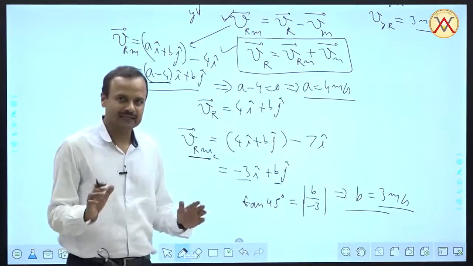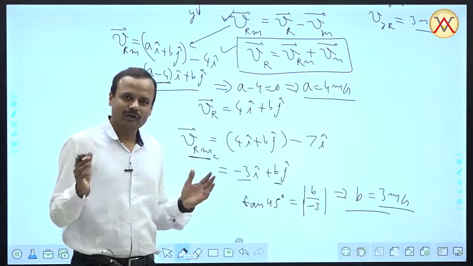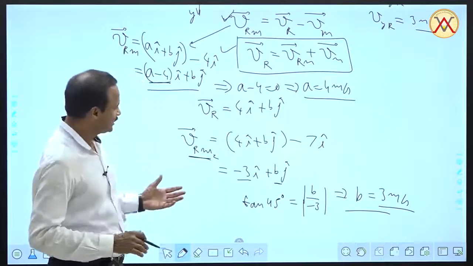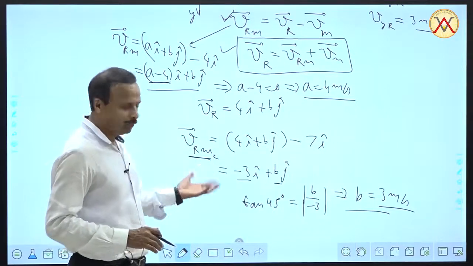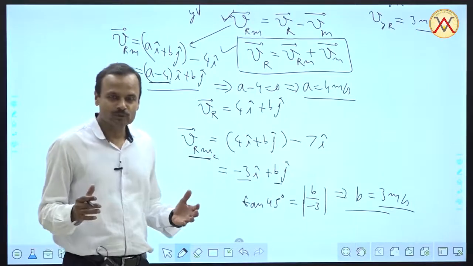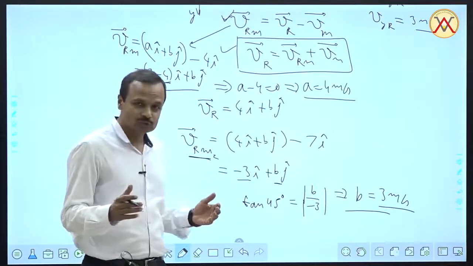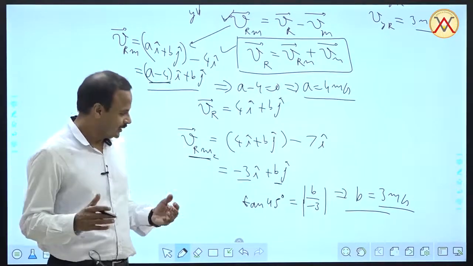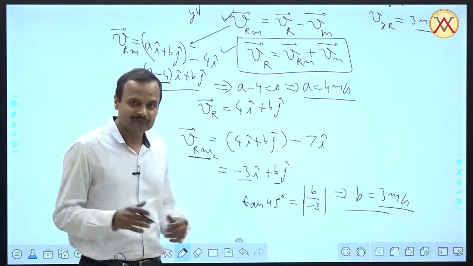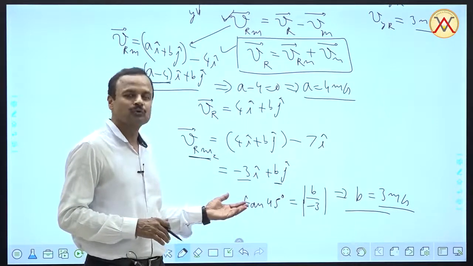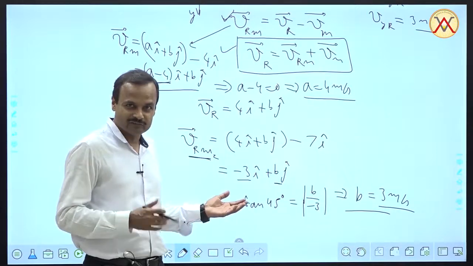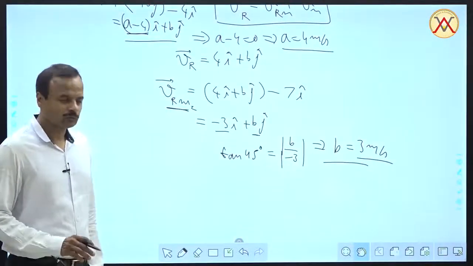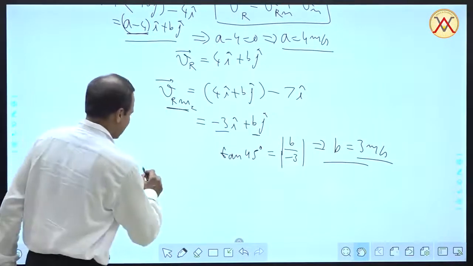First method, we used a diagram. That was the basic method. You have to know that to clearly visualize the situation in terms of velocities. The second method is in terms of components. Again, an approach which is very useful in certain cases, particularly if the situation becomes 3D, then making a diagram can become very difficult, and you will have to use the method of components if the problem happens to be a 3-dimensional problem.